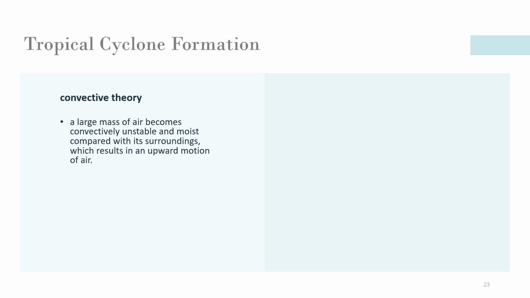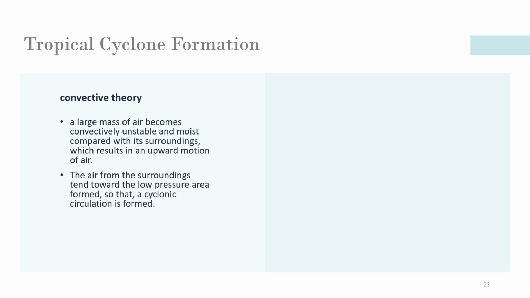So this unstable and moist air results in upward motion because of the convection. And the air from the surroundings tends toward the low pressure area. Normally, from high pressure to low pressure, that is the normal movement of the air, and so